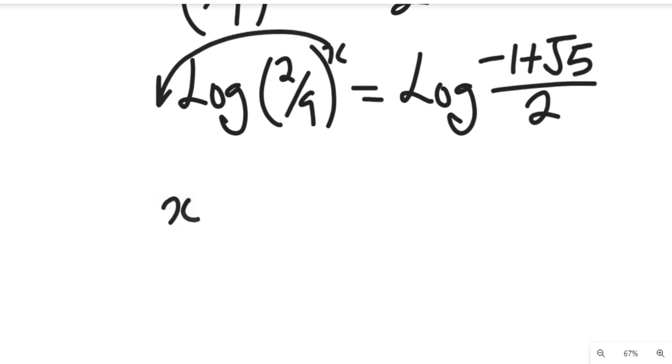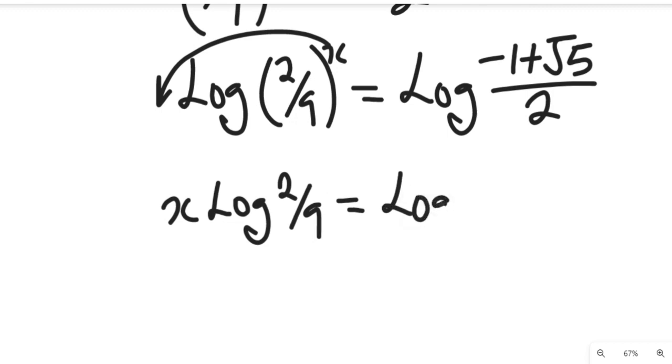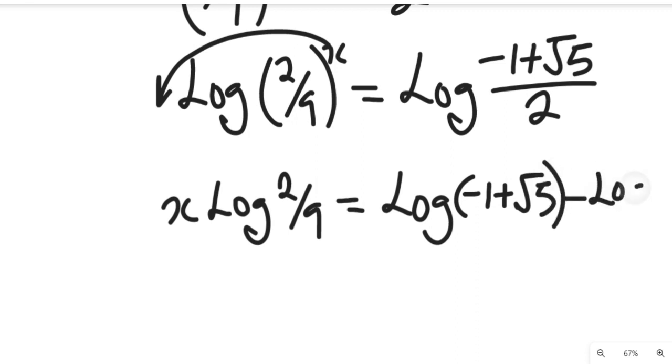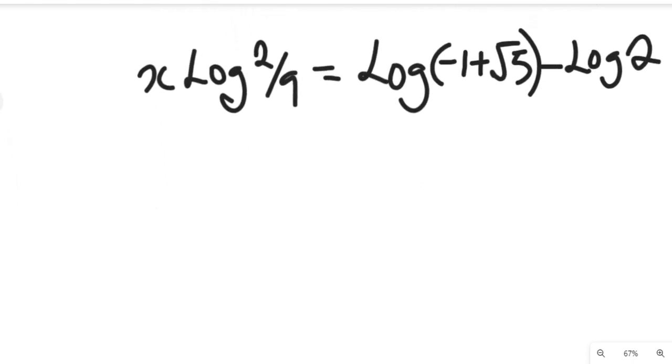Now, according to the law of logarithm, this power will come over here. We'll have x log of 2 divided by 9 equal to log of, according to the division law of logarithm, -1 plus root 5 minus log of 2. Good. So if we divide both sides by log of 2 divided by 9,